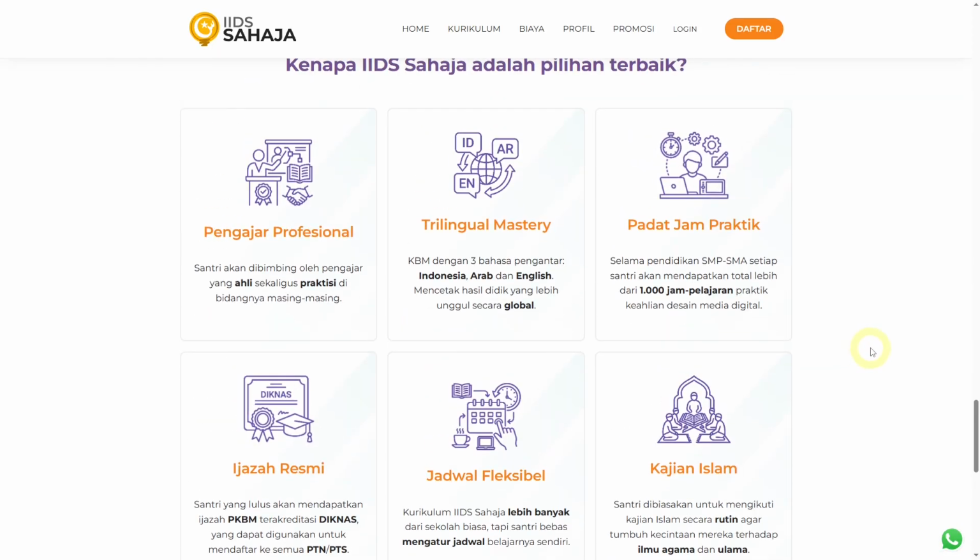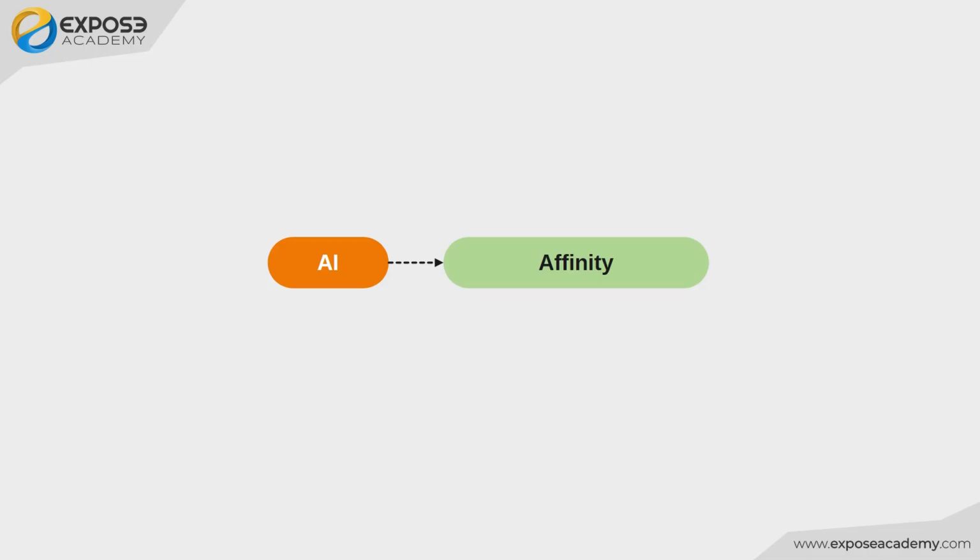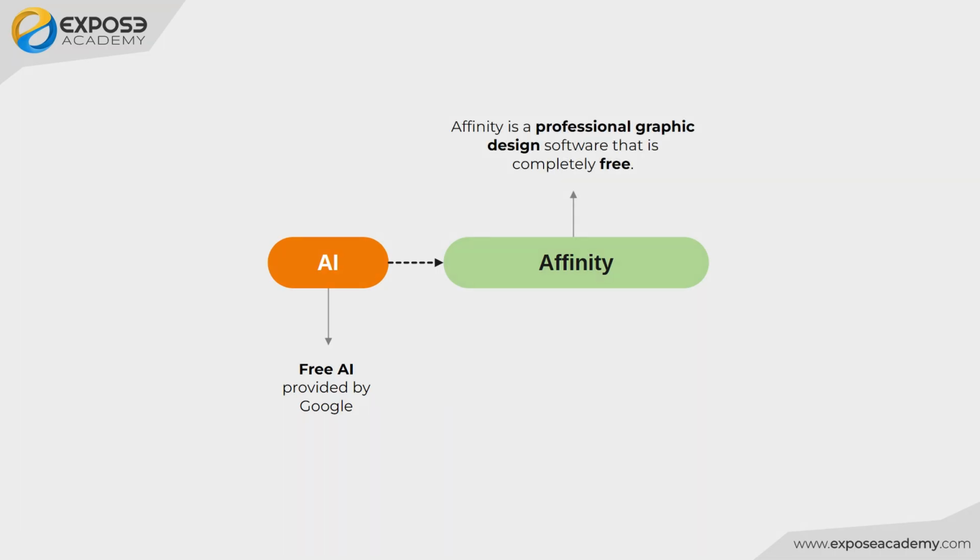Although these icons are different, they all share one thing in common. That is, not a single one was created from scratch. I also did not buy them from any stock market. I made all of them using free AI tools, but then I edited them further to match the website's needs. Because I edit all the icons with Affinity, my workflow from start to finish for making these icons is entirely free. You do not need to pay for AI credits, and you do not need to pay for expensive software